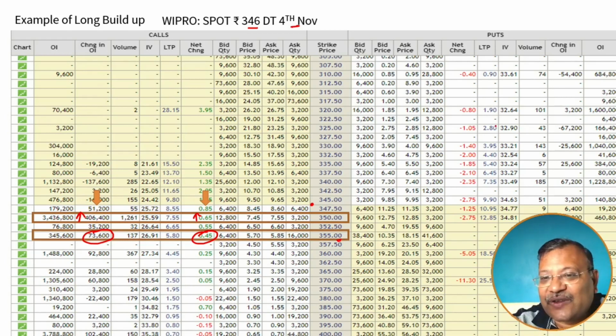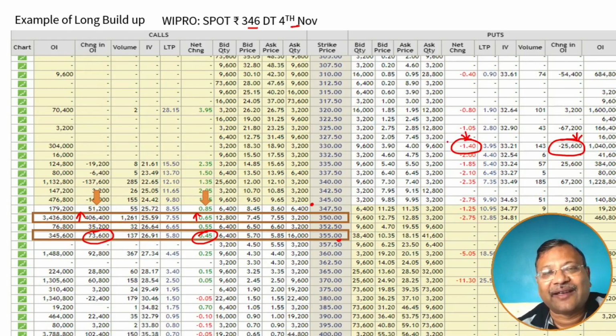Now again, if you notice here, people are unwinding their position. See this? They are unwinding their position and the price is also coming down. So if we see here, open interest is coming down, price is coming down. This is a long unwinding. That means people are now exiting out of those levels and they are all tending to come to the view that the stock price will now go up.